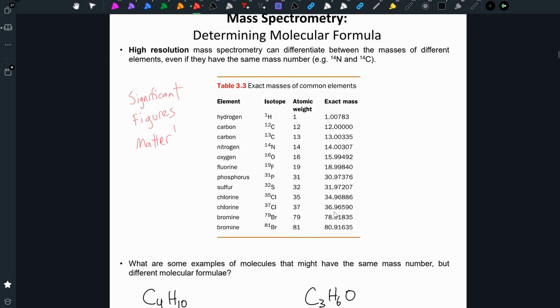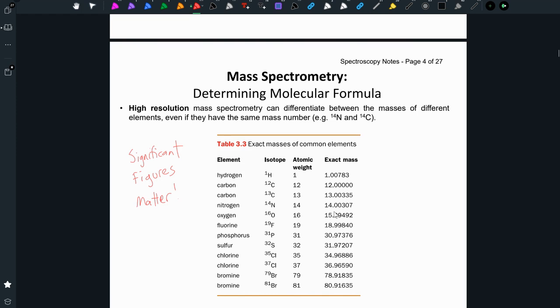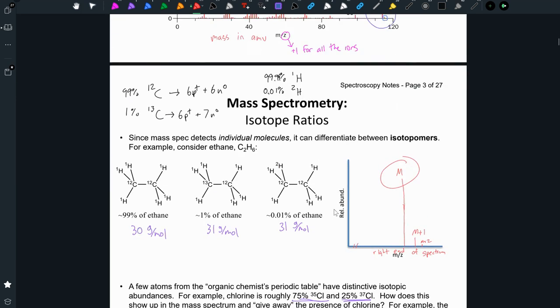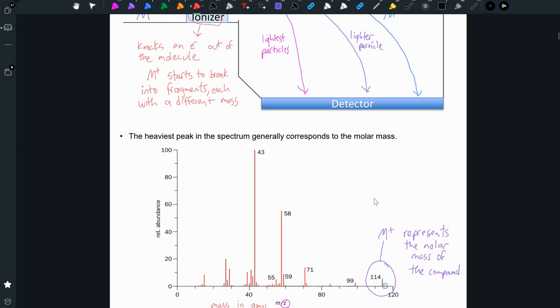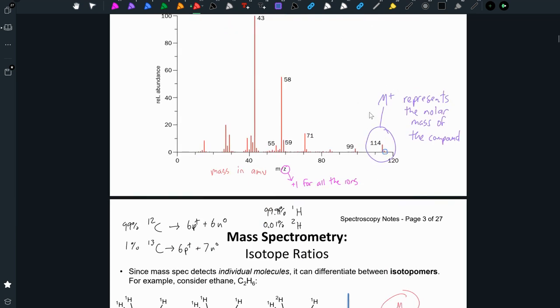So the bottom line, what I'd like you to take away, is that mass spectrometry is a technique operating on a relatively simple principle: the idea that if we ionize a molecule and then pass it through a magnetic field, we can compare the masses of the different particles. We can get a sense of what the molar mass of the heaviest particle, which represents the molecule itself, is. For our purposes in this class, we're ignoring the mass of all the fragments, although there is a whole